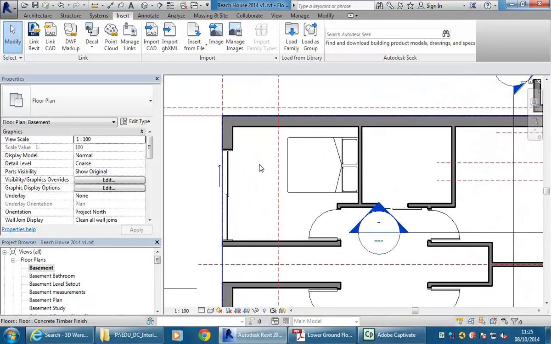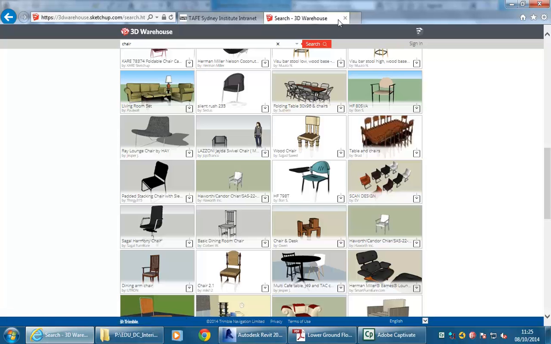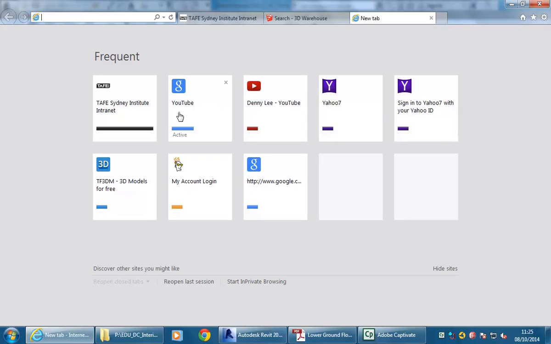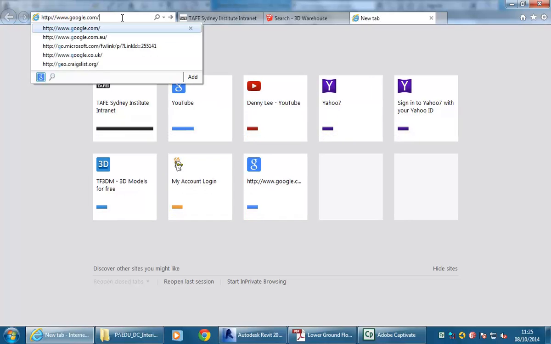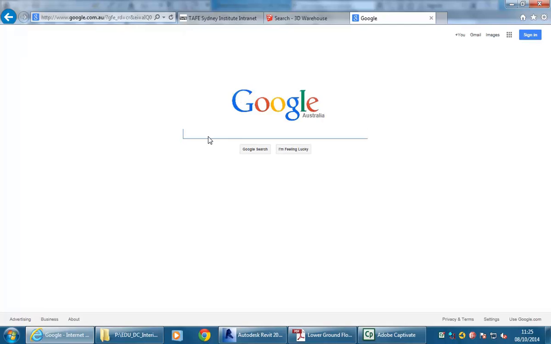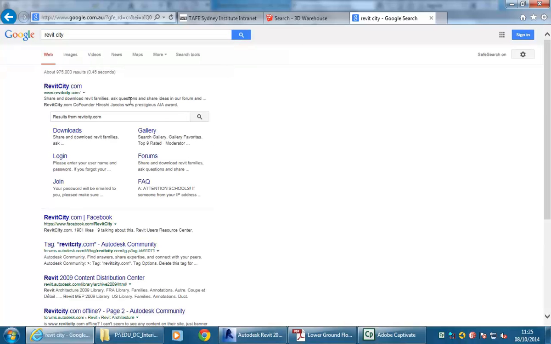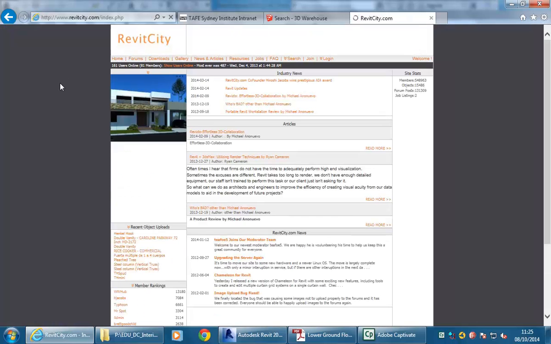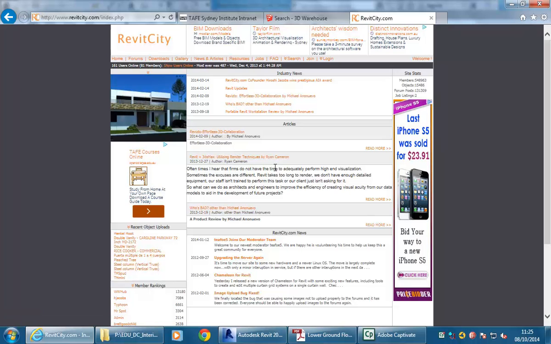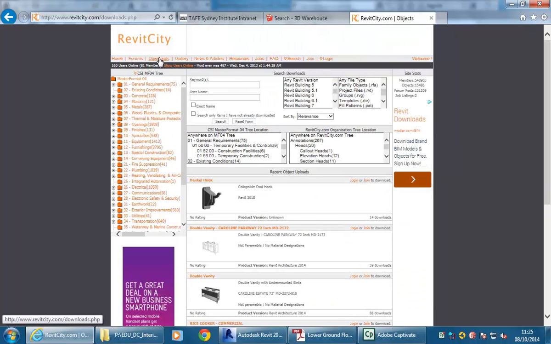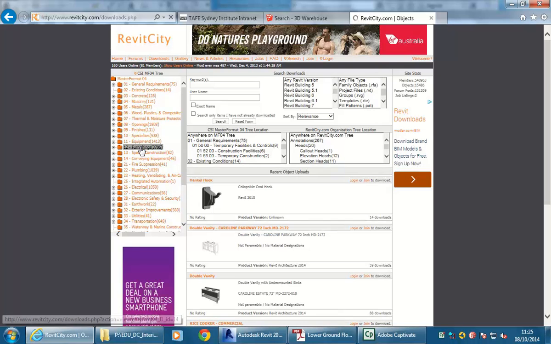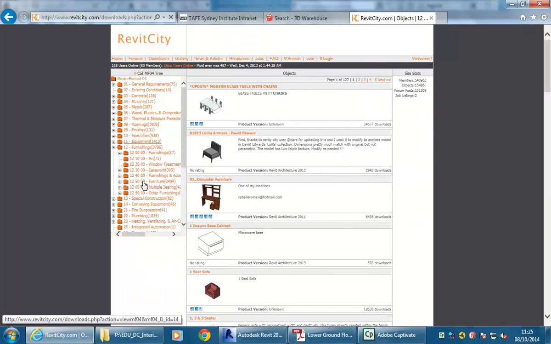you've obviously got all those Revit sites for things like this that probably a lot of you have found already, like Revit City. So I'll just show you if you haven't tried that already. Revit City is a great resource, and there are plenty of others, but Revit City is one of the biggest ones. So in Revit City, you need to log in to download things, but once you do log in, you can then download all sorts of things. And so you'll see there in the downloads section, if you go to furnishings, you have a lot of